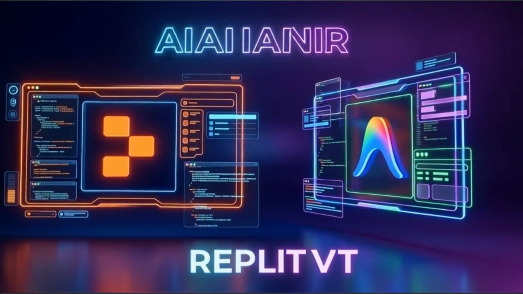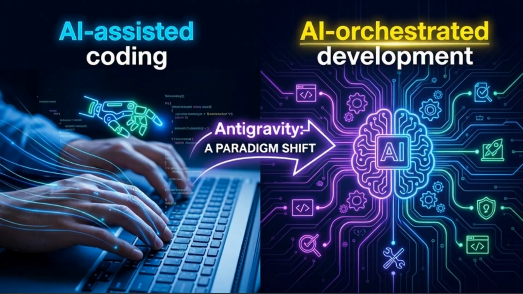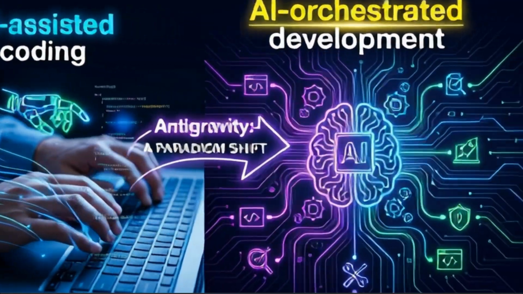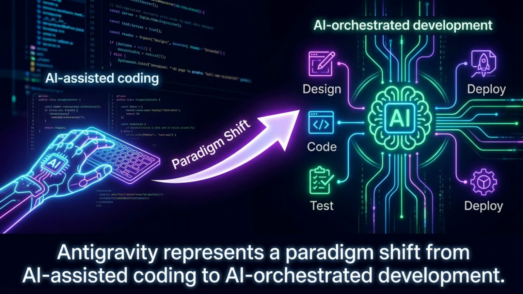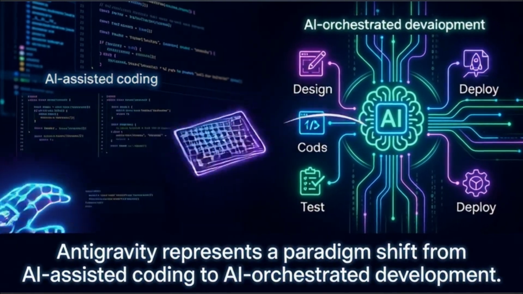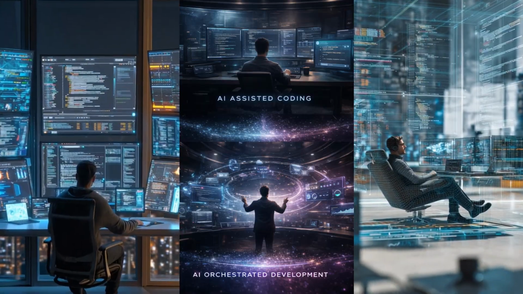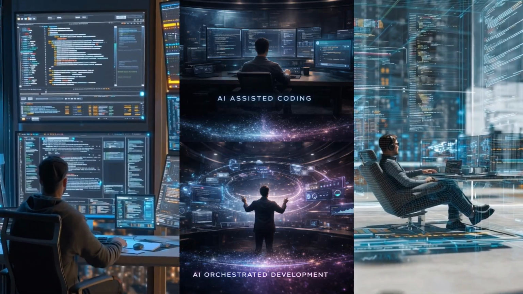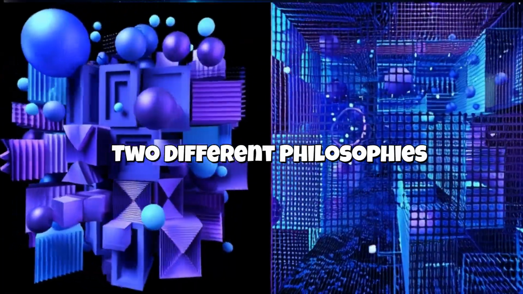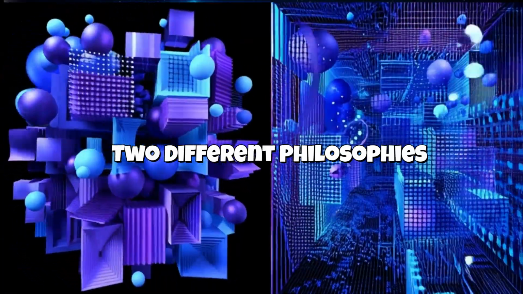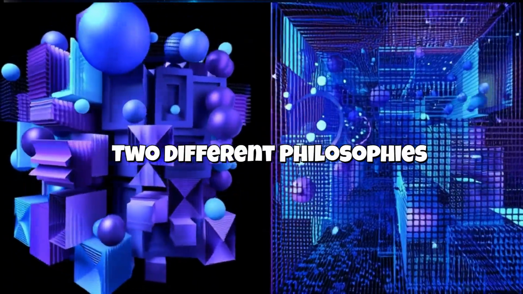And this quote, it just nails what's happening. We're blowing past AI being just a little helper that suggests the next line of code. We are walking into a world where AI agents can take on entire, complicated engineering tasks all by themselves, from start to finish. Our job is changing from being the person who writes the code to being the person who directs the show. So if you really want to get the difference between Antigravity and Replit, you can't just look at a feature list. It won't tell you the whole story.